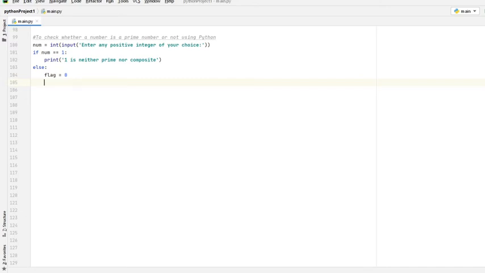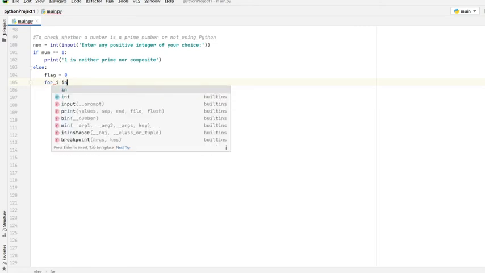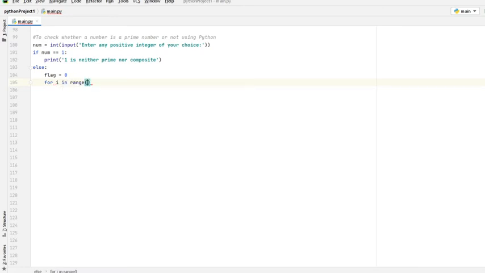Which loop will we use? We are using a for loop here. You may also use a while loop. Now, for i in range 2, I told you we have to begin with 2 because 1 divides every number, so there is no point in checking whether the number is divisible by 1 or not.